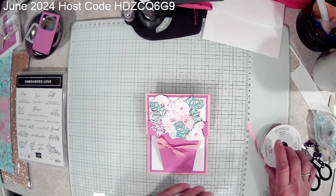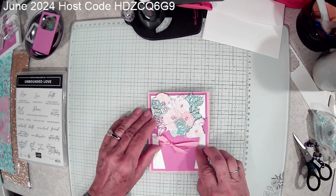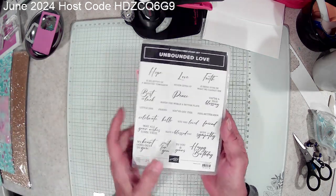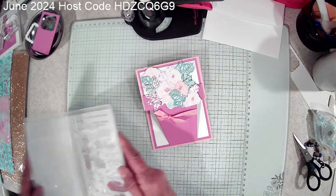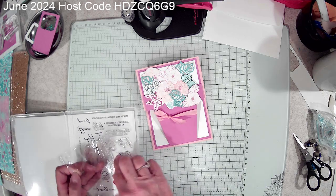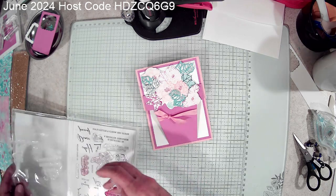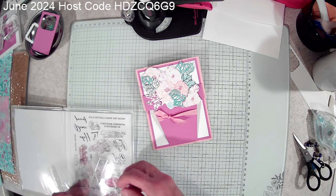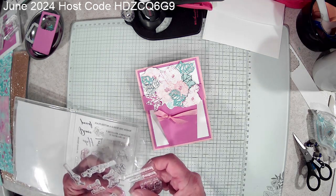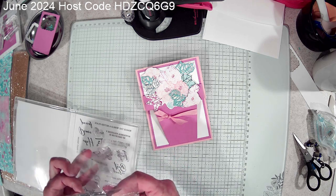Okay, so there's that. And then I just had a thought. So in this set, there's this just for you. This wasn't really planned, as you can tell, but we're gonna try it and see. You know what? This is even better yet. Watch this. There's this little teeny tiny spread,